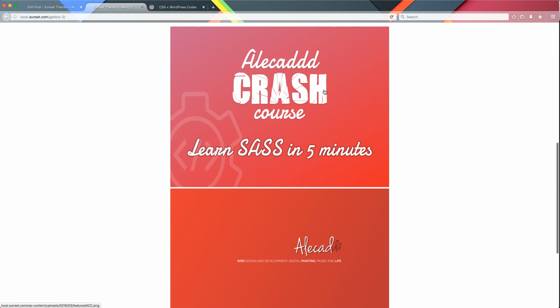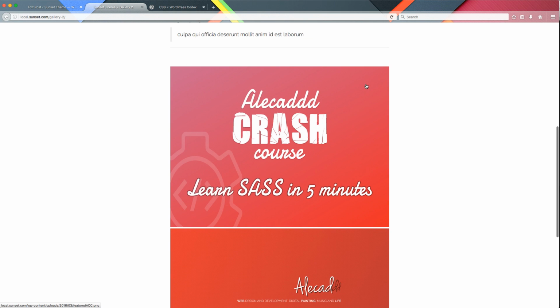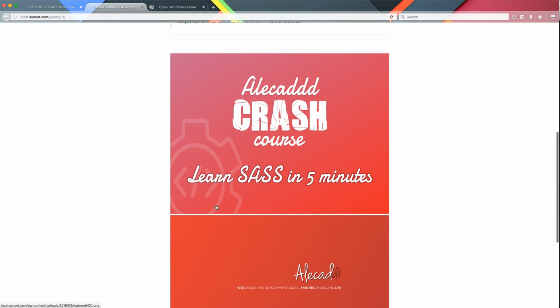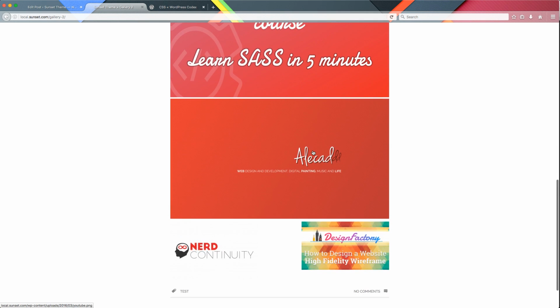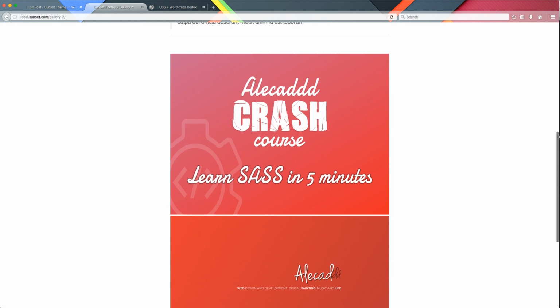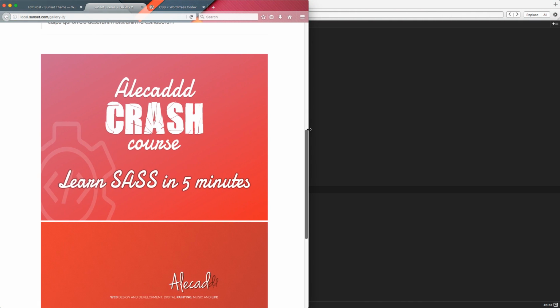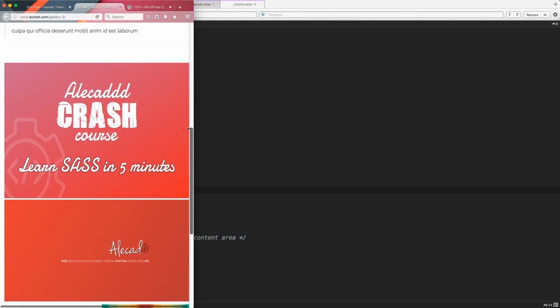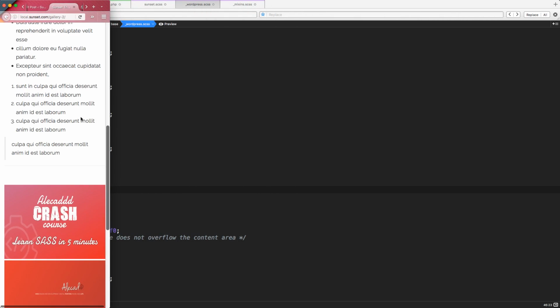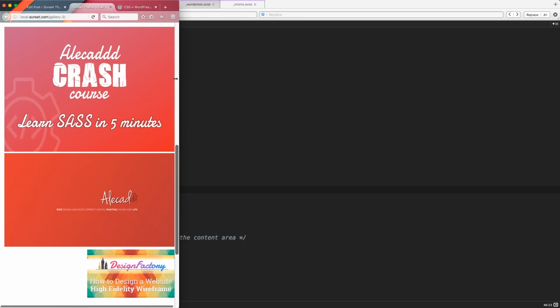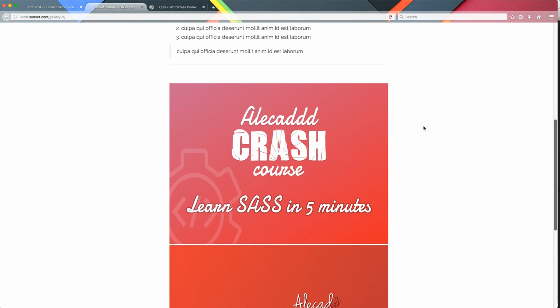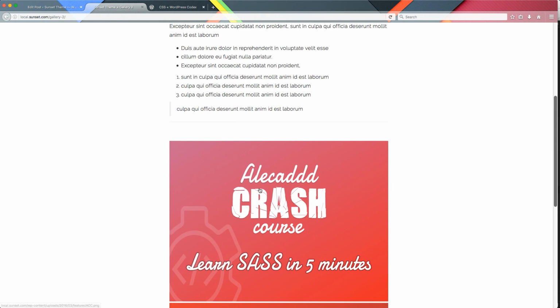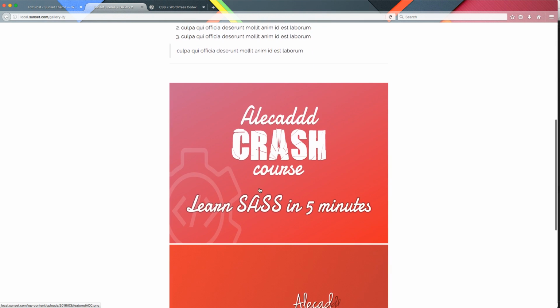What we did with the CSS, we forced the proportion of this image to go 100% of the width of the container, and with the height declaration to auto, we are forcing the proportion to remain fixed, to remain as the image. So we're not gonna distort the image to have a weird ratio, but it's going to maintain its original. And because we're going full width 100%, as you can see here, the image resizes properly based on the container width. And this is great for responsive purposes. And with these, we're giving the user the ability to have a center aligned image, pretty good, full width 100%, or